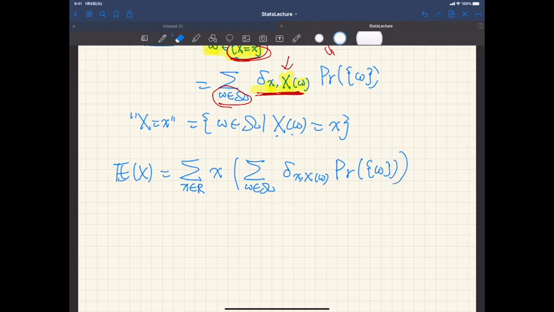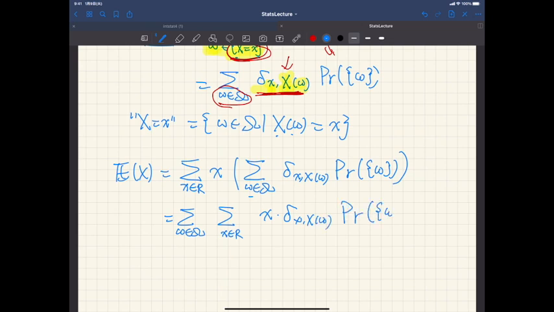Then move things a little bit. We write the sum over omega first, then the sum over x next, then x, delta of x and X of omega,